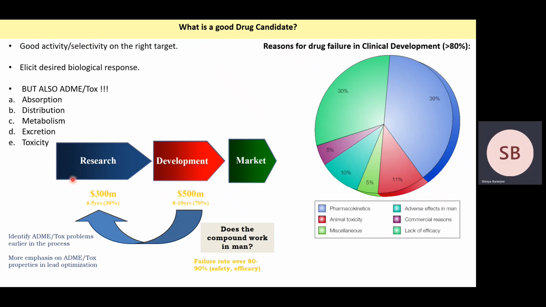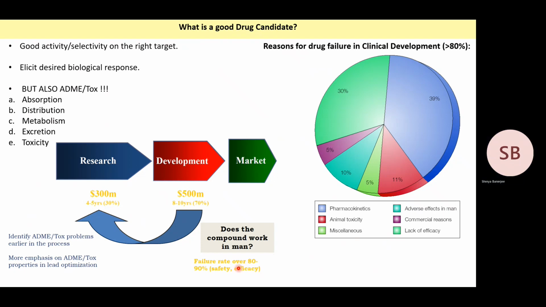The problem is that to find a good drug candidate, there are 3 stages: research, development, and finally the market stage. And a huge amount of money goes into the research and development stage. Like in the research stage, $300 million and 4 to 5 years is required, while in the development stage, $500 million and 8 to 10 years is required. The failure rate can still be over 80 to 90% due to toxicity or lack in safety or efficiency of